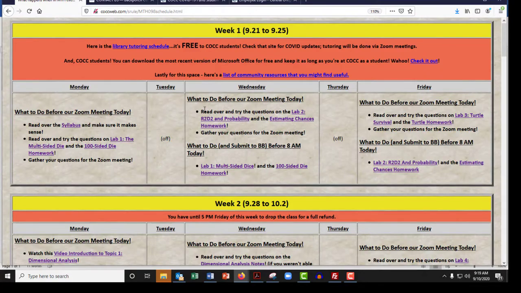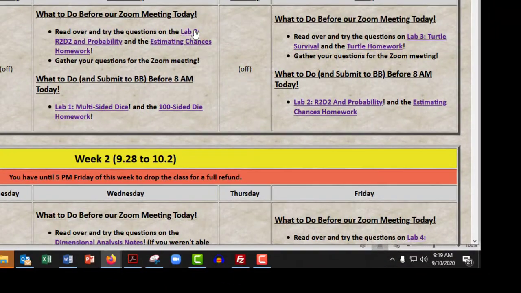The idea is for any given day, you want to look at these things first and try to start hacking away at them. Then you drop into Zoom if you have questions. Get your questions answered. Then you've got time to work on them between that day and the next day before they're due. Okay, so hopefully that makes sense. If it doesn't, you can always email me and I'll talk you through anything that doesn't make sense. So let's stop here and jump back to the syllabus because now we understand how to submit things in the class.